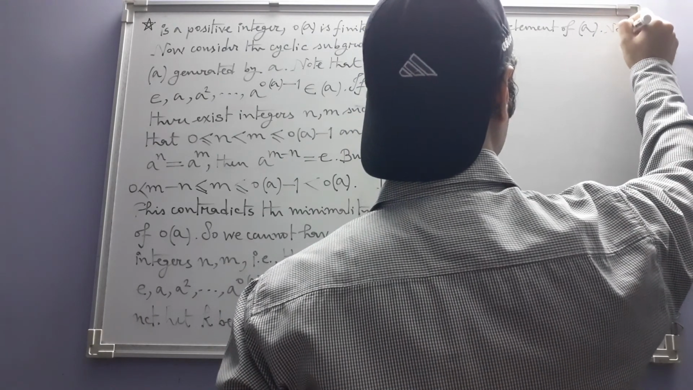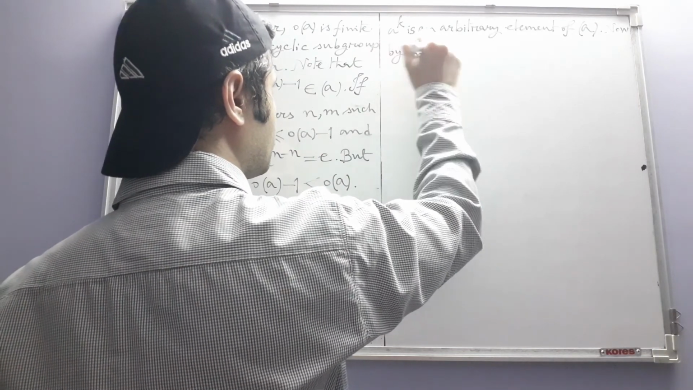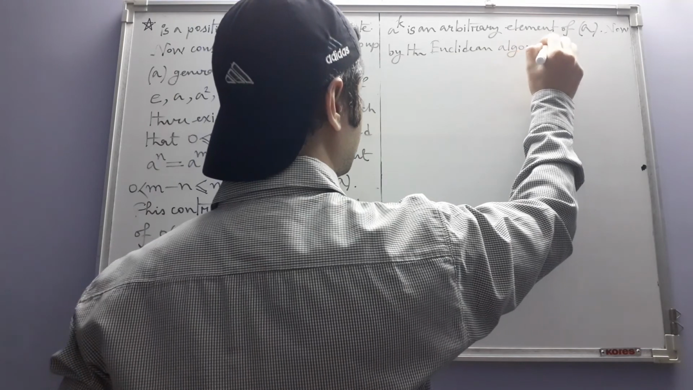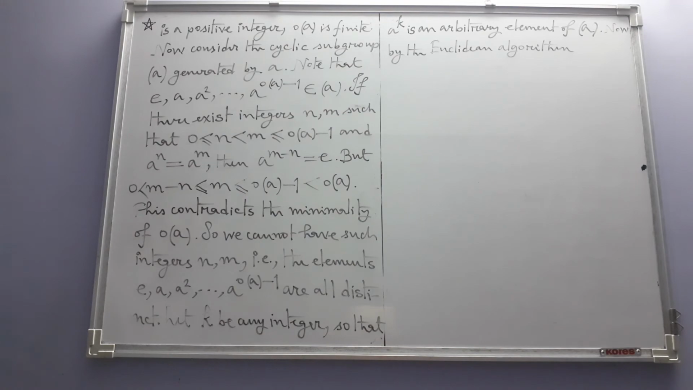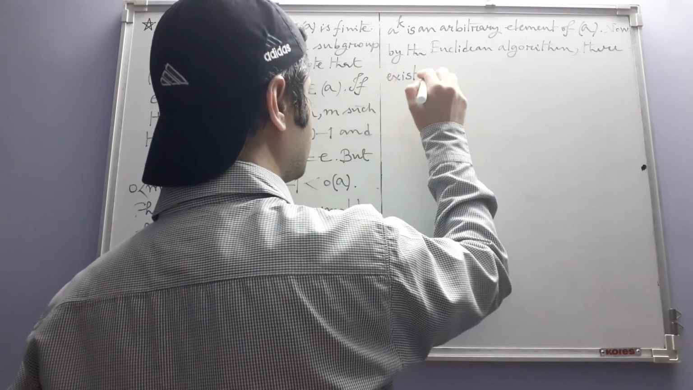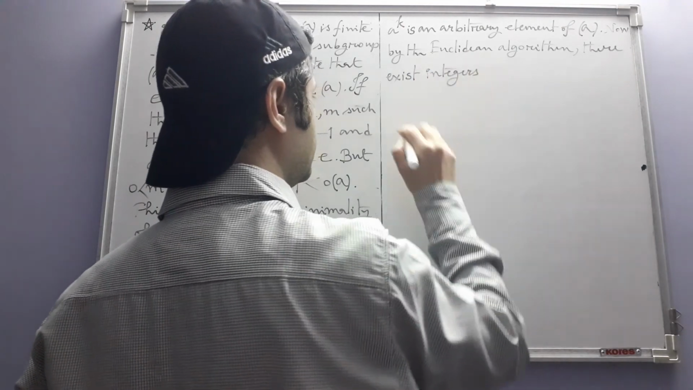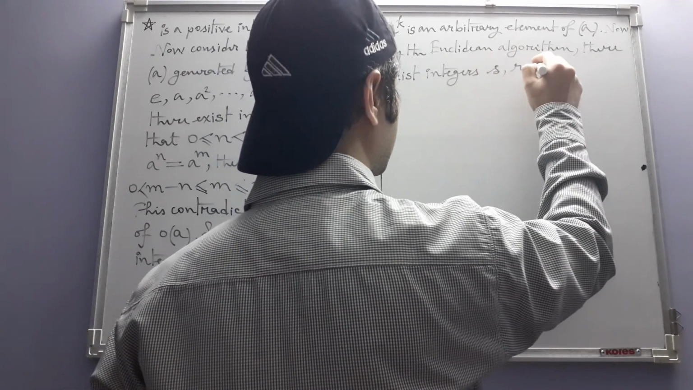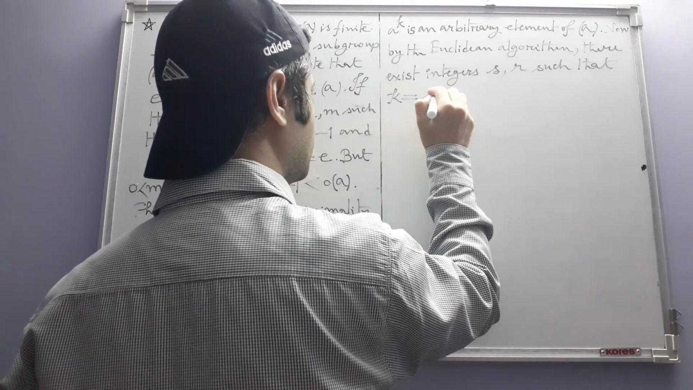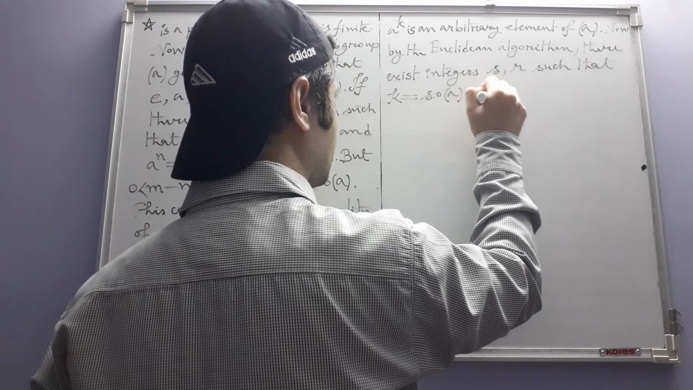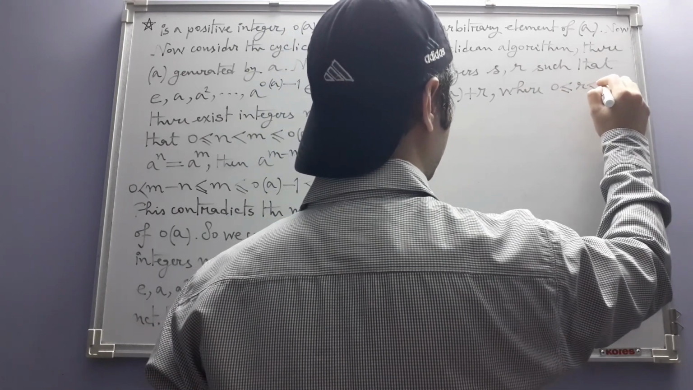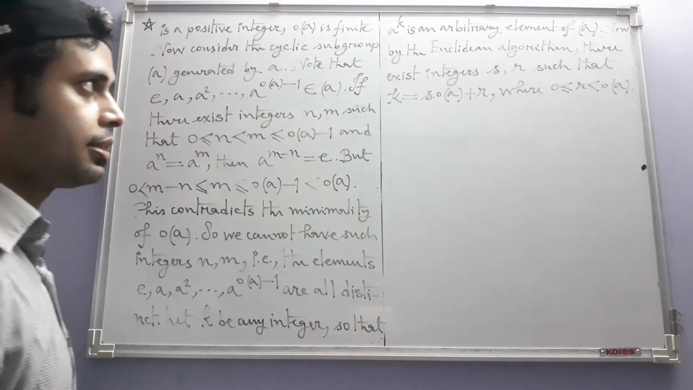Now by the Euclidean algorithm, ordinary Euclidean algorithm in the ring of integers, there exist integers s and r such that k is equal to s times order of a plus r, where r is an integer which is non-negative and strictly less than order of a. In other words, here we are dividing k